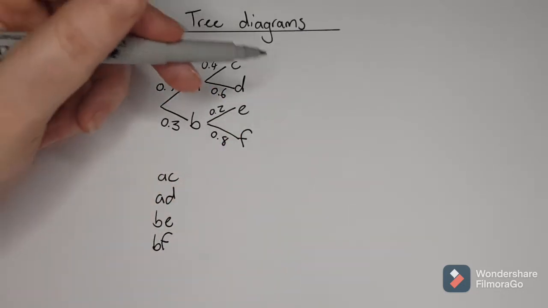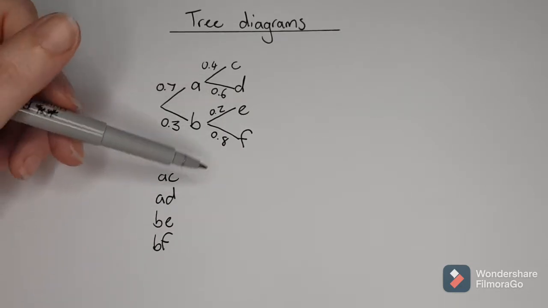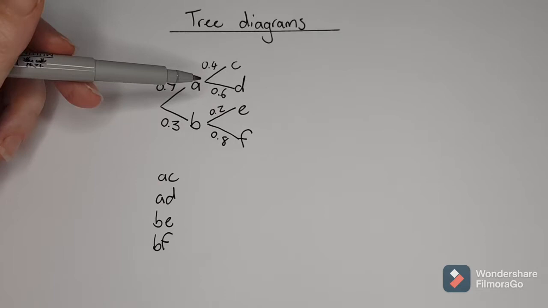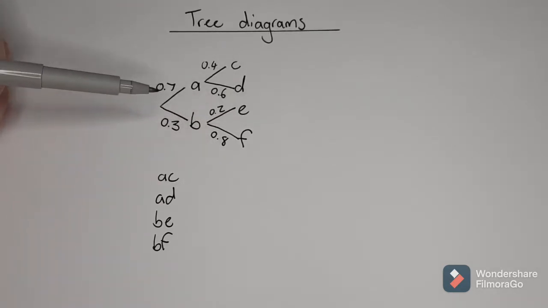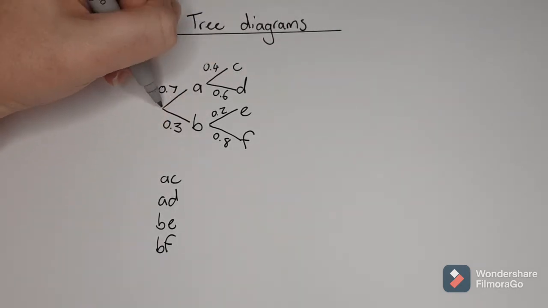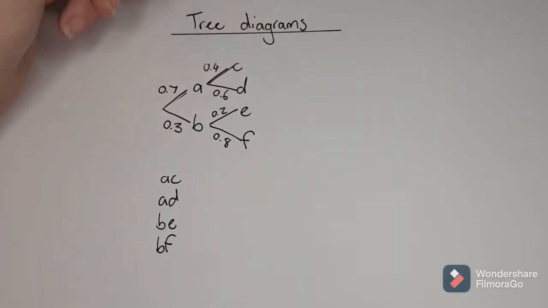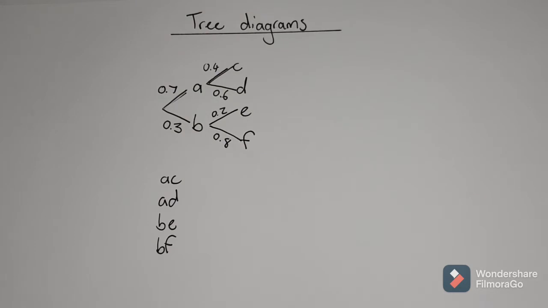All of those combined with our multiplying, and if you add them all together, that should mean that the whole tree equals 1. And that's how you know that you've got your splits correctly. So remember, as we go across from there to there, you're going to multiply, and as we split, we're going to add. So if we look at an example,